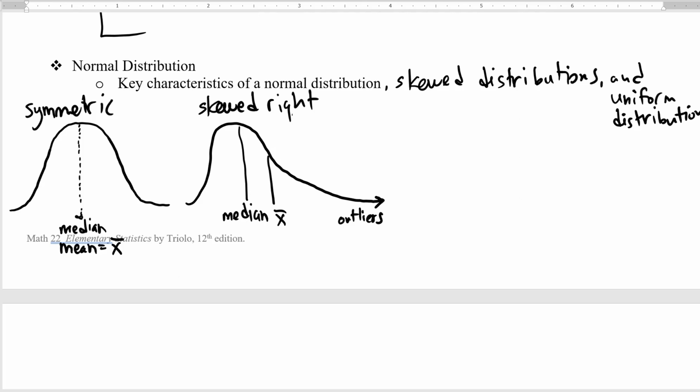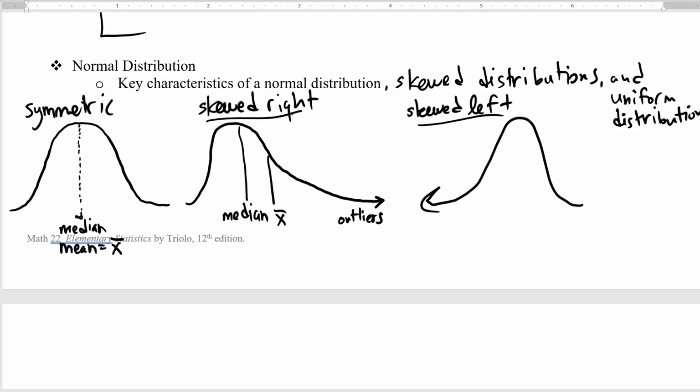Just like we can have skewed to the right, we can also have skewed to the left. This would look like the previous one, but this time the tail would be to the left. So this would be skewed left. The median is slightly pulled, but it would be more resistant to those outliers. And the mean would get pulled further away. So they wouldn't match each other up, but the mean gets pulled further out by the outliers, by the extreme